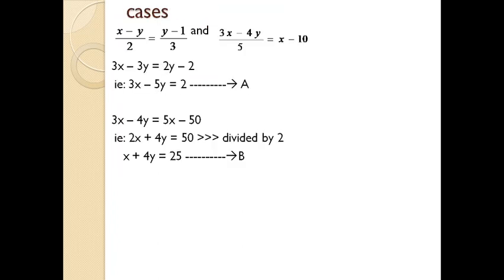Okay, now you got two equations, equation A and equation B. Here I have done one extra step. See, 2x plus 4y equal to 50, I just divided by 2. The reason is simple: I just want to minimize my calculation. So if the numbers are divisible by a common number, you can divide by that number so that you will get a simplified equation. See, x plus 4y equal to 25. It is much better than 2x plus 4y equal to 50. Now you have got two equations and just follow the rules which we had discussed in the previous sessions.